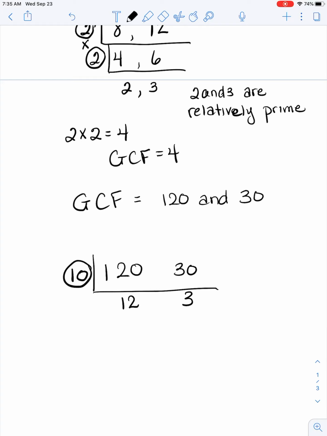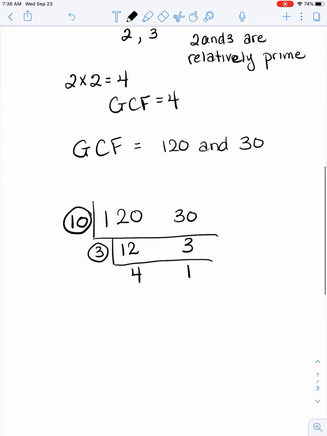Now I'm going to look at 12 and 3. Do they have anything in common? Yes, they do, right? They are both divisible by 3. So 3 is a factor of 12. 3 times 4 is 12. And 3 times 1 is 3. Looking at 4 and 1, 4 and 1 are relatively prime because the only factor they have in common is